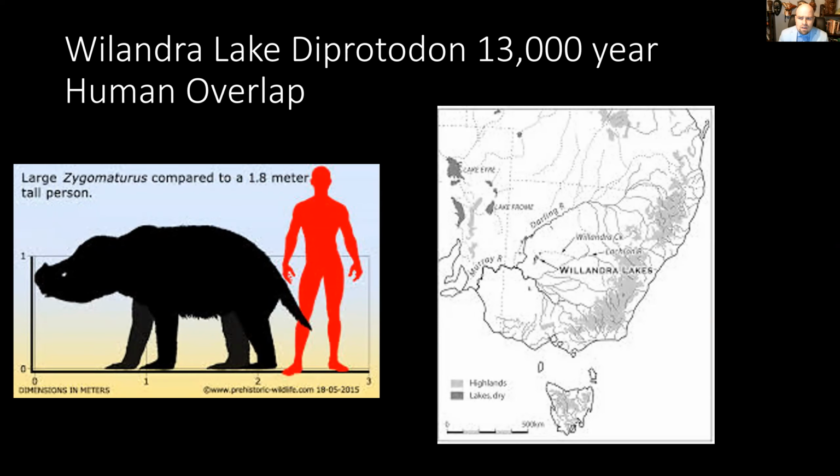Now there is a period of overlap, maybe as long as 13,000 years for some of these creatures, where they're living alongside. So the diprotodons, we find 30,000-year-old fossils of diprotodons in certain areas, suggesting that there's some overlap between when humans are there and when diprotodons are there. So it wasn't necessarily like humans' arrival caused everything to die out right away.